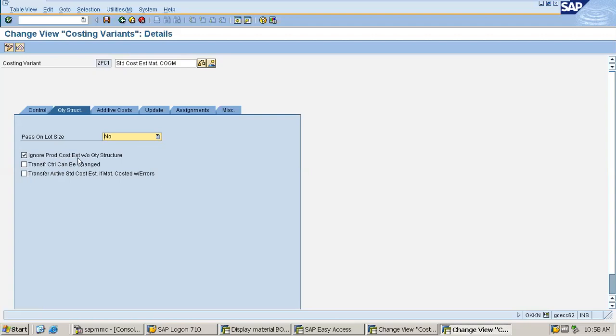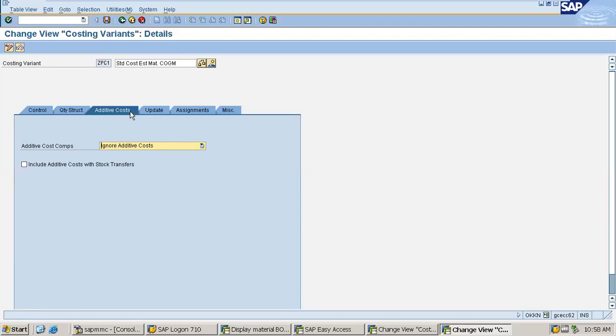I will only allow those with the with quantity structure checkbox on in the material master. You have all seen that there is a checkbox in the material master for with quantity structure and without quantity structure. I will not allow those which are without quantity structure. So that is clear now. Additive cost I won't allow here, which is why I have taken ignore additive cost.